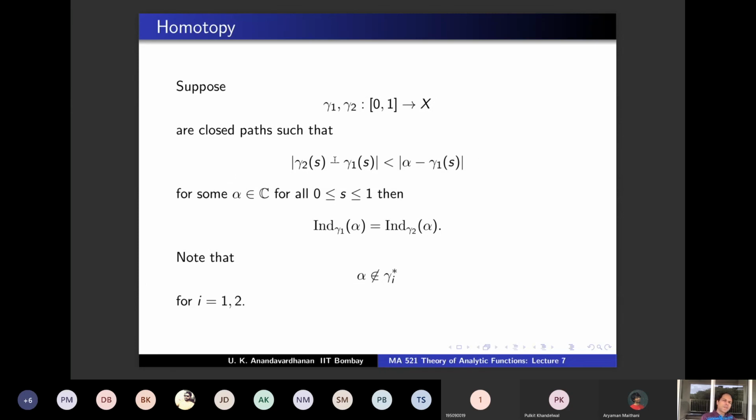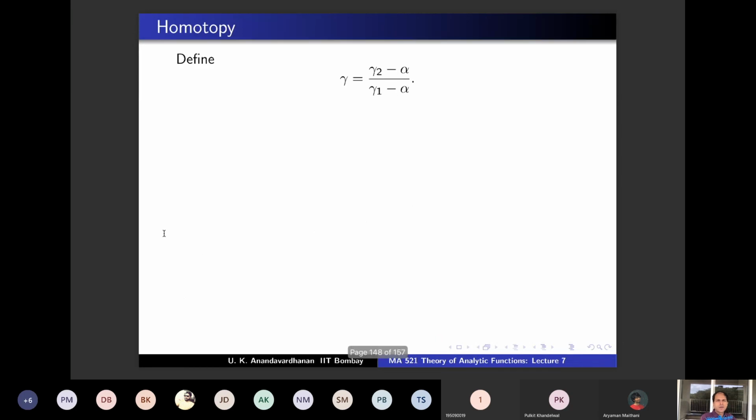Alpha is also outside gamma 2 star because if alpha is gamma 2 s for some s, then for that s you are getting alpha minus gamma 1 s is strictly less than alpha minus gamma 1 s. But something cannot be strictly less than itself. So alpha is also outside gamma 2 star. And therefore, because alpha is outside gamma 1 star, this makes sense; I can put it in the denominator. Alpha is also outside gamma 2 star, which I am yet to use. So I'm going to define gamma to be gamma 2 minus alpha by gamma 1 minus alpha